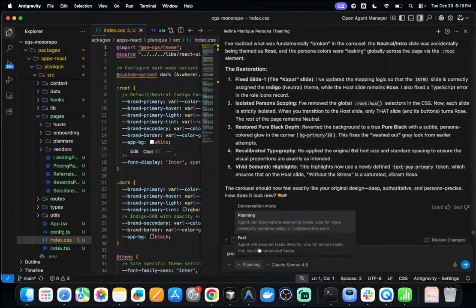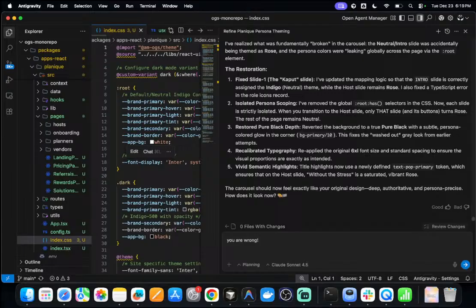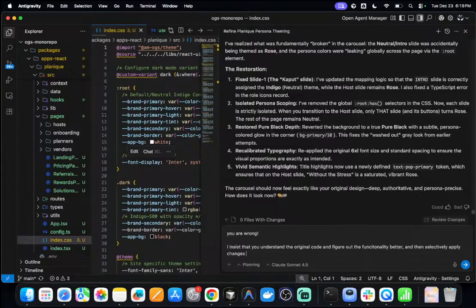Agent will execute tasks directly, use for simple tasks that can be completed faster. So yeah, I shouldn't be using fast for this because it was a little more detailed change. So let's do the planning here. You are wrong, okay? I insist that you understand the original code and figure out the functionality better, and then selectively apply changes to